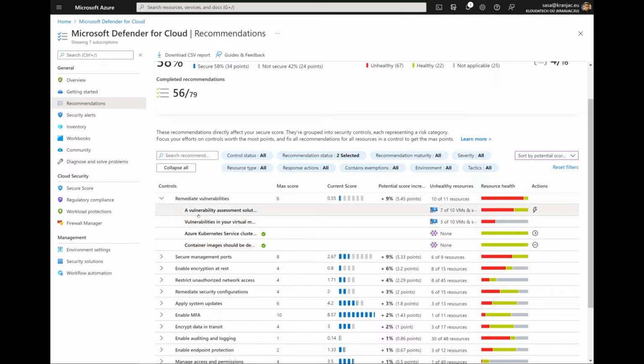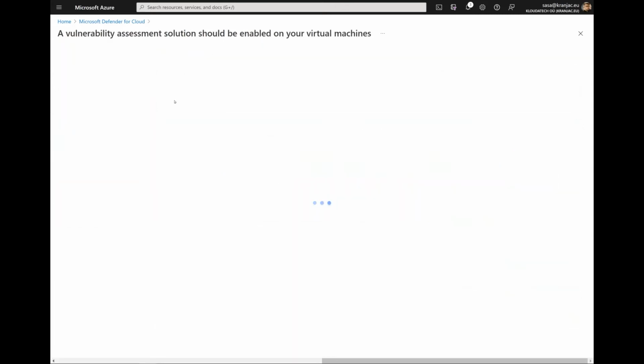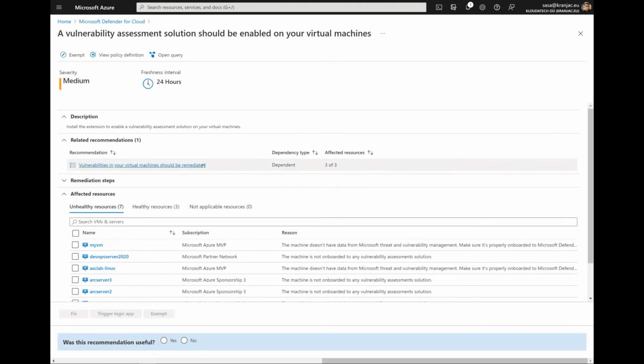If we want to fix, for example, this recommendation, we'll click into it and then see the details. Each recommendation actually has its freshness interval, which is the interval through which the status of these resources is being updated. The status of some resources or recommendations is refreshed more